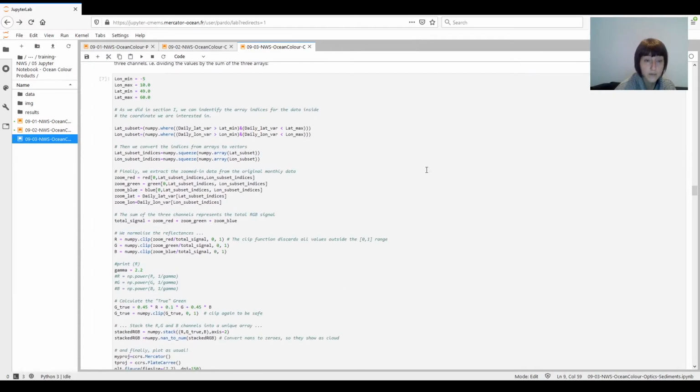And now we can try to combine our three channels in an RGB image, so red, green, and blue image, using the imshow function. So this is a different use of the imshow that we saw in part 1. And there we had only one data variable, so we had to convert our chlorophyll data from a 3D array to a 2D array. But in here we have three data streams. Remember that we have one band for the red, one band for the blue, and one band for the green. And this naturally describes an RGB model where